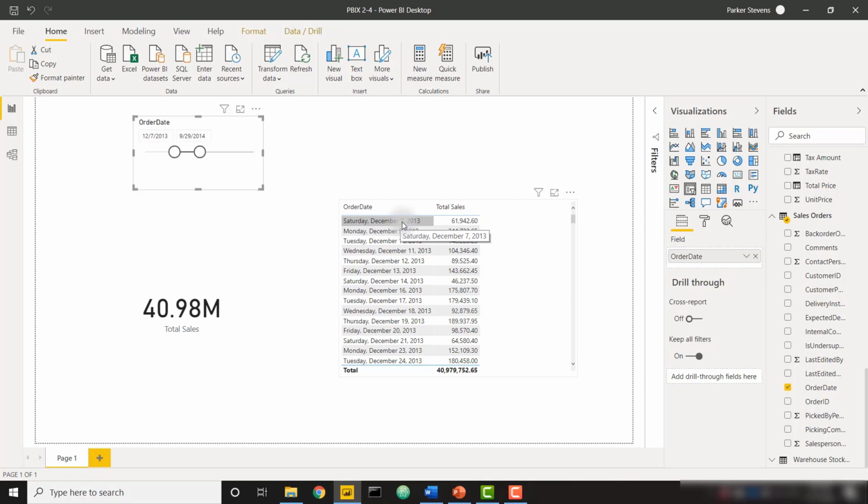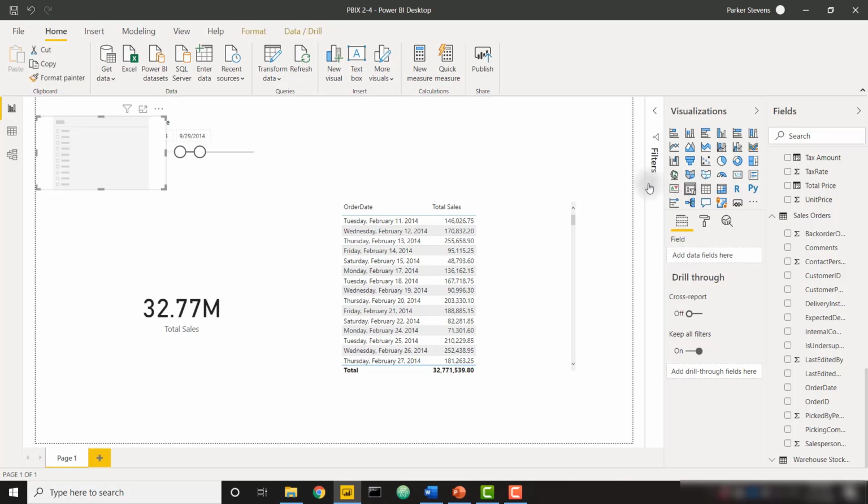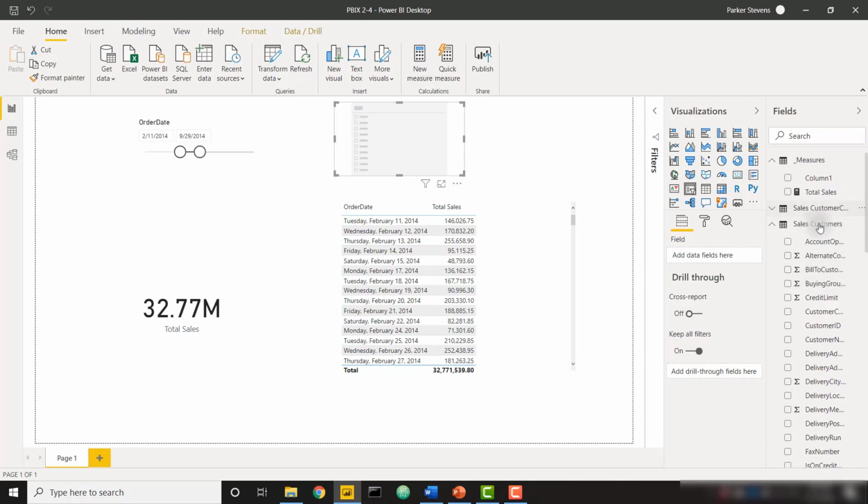We see that December 7th is the first date in my selection. If I were to make that a little bit later, we can see that the first date in my selection is now February 11th. By applying a different selection to the slicer, we are filtering down our data set and our calculation is changing. Another example, if we were to create another slicer, we have another column in our customer